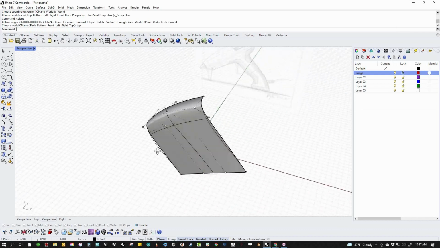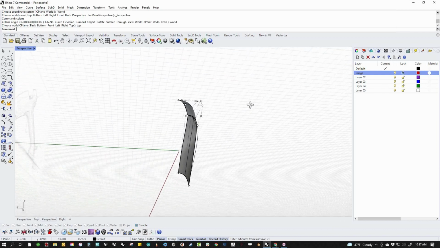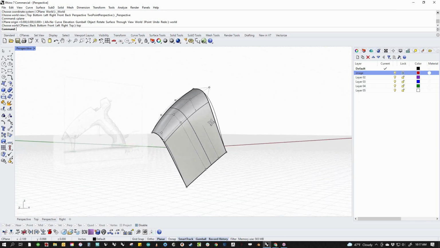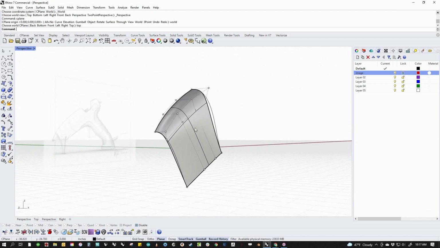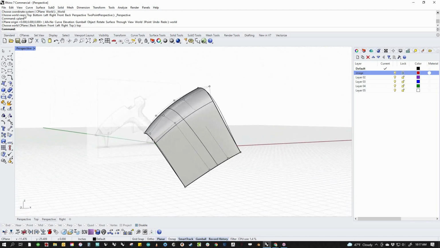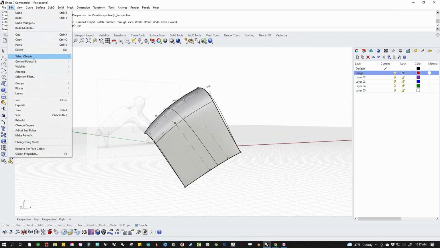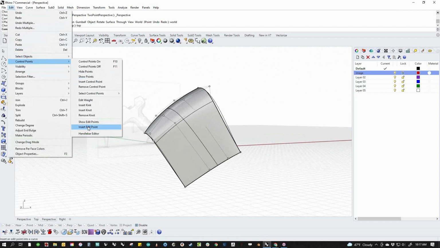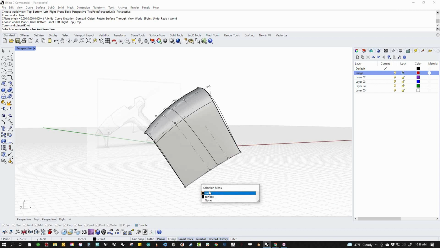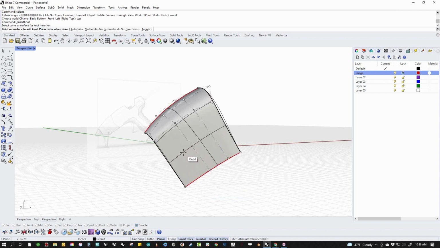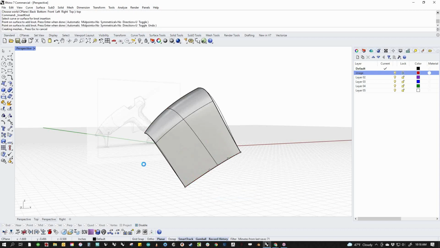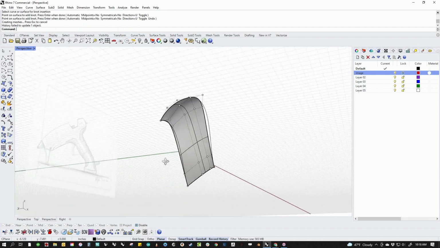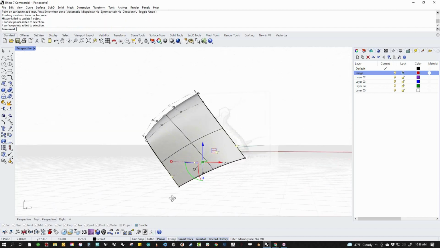I think the highlight's breaking where I want it to break, and then it's tucking in where I want it to tuck. And I may want it to tuck in just a little bit farther, so let's add another row. So we're going to go control points, and we're going to say insert knot. And we're going to pick, and we're just going to pull a knot up here, and you can see that it adds another row of control points. So I can pull this up,